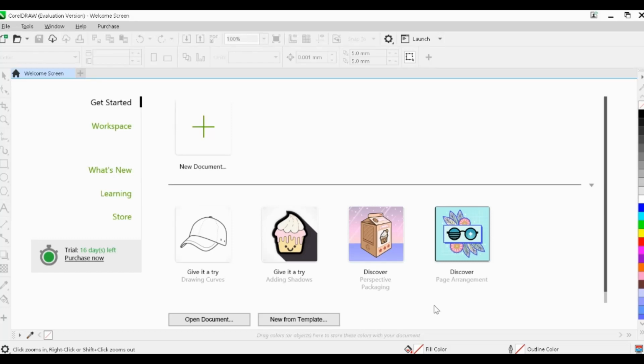So, welcome to the live simulation of CorelDRAW. As you can see here, this is the opening page or the opening tab that you will be greeted with after you open the application. If you want to create a drawing using this app, as it is for making an image,